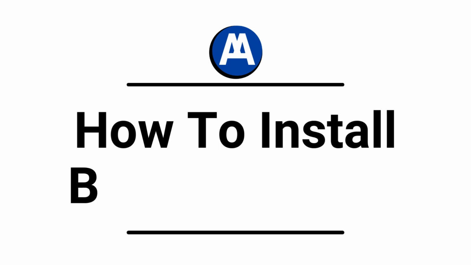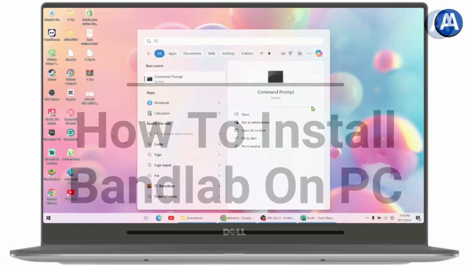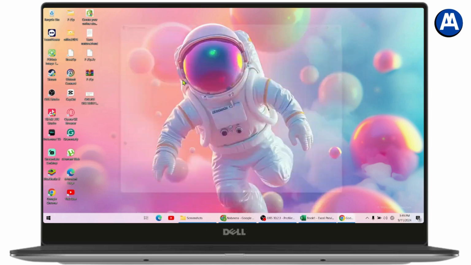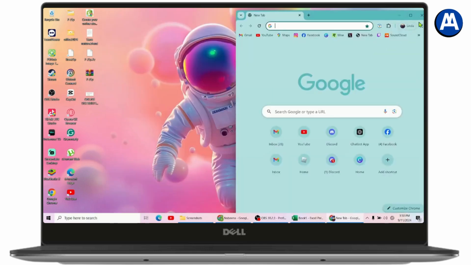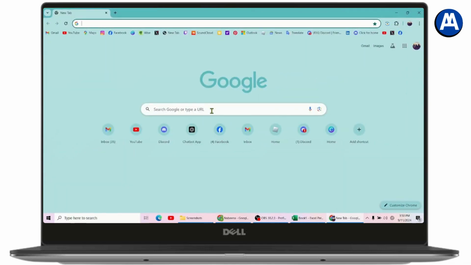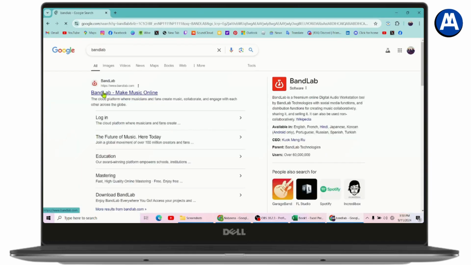How to install Bandlab on PC. So if you want to install Bandlab on your PC, then first open up a browser, any browser that you're comfortable with, and then go with the search and search for Bandlab. And here you will have the website, which is